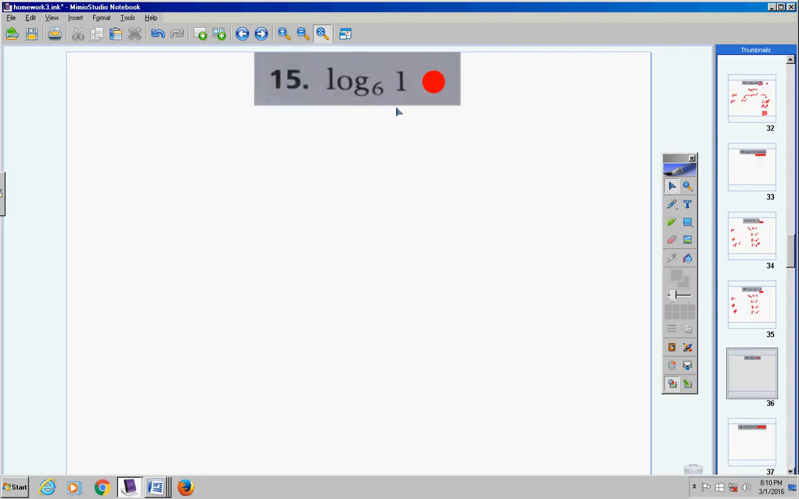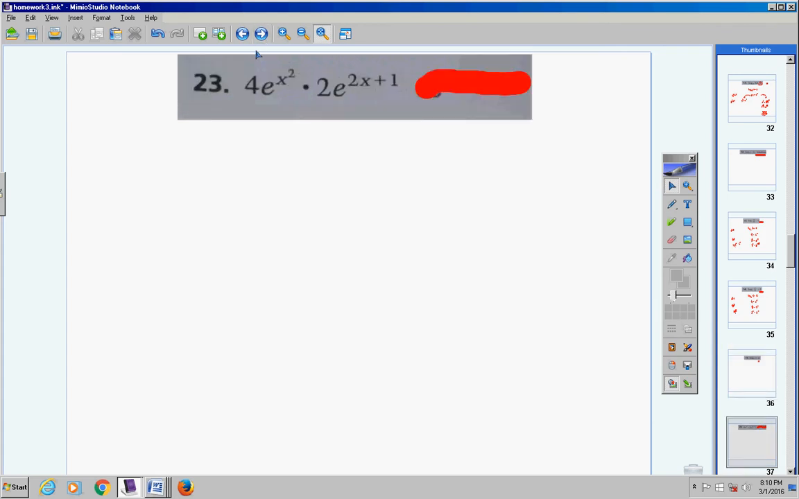Well, this is easy, guys. I've told you and told you, I don't care what the base is. Anytime you take the logarithm of 1, the answer is 0. Period. Anytime you take the logarithm of 1, I don't care what the base is, the answer is 0. Okay? Alright, moving on now to numbers